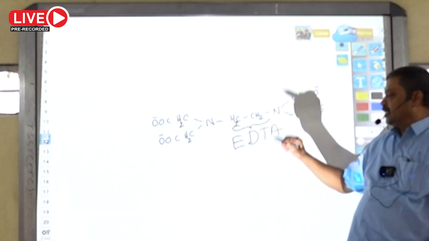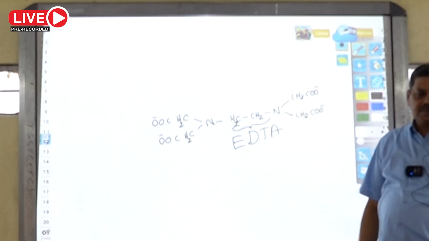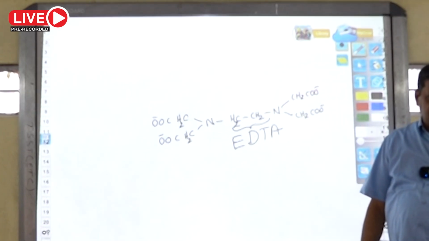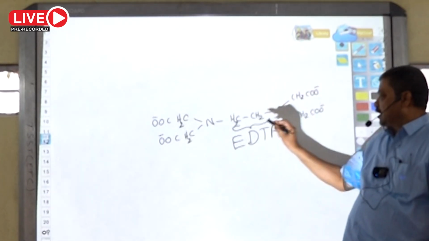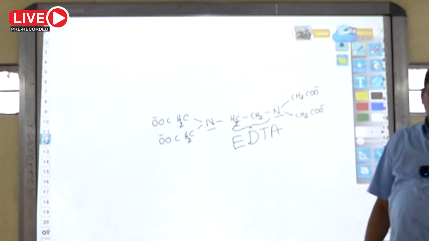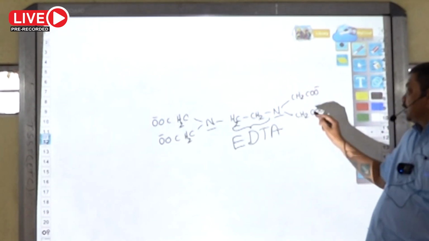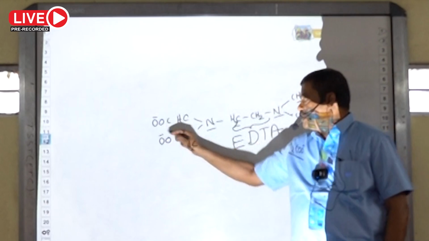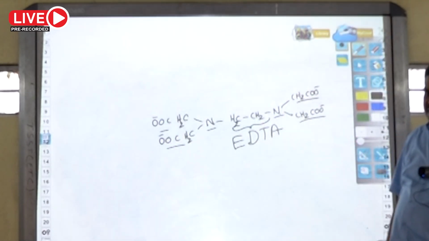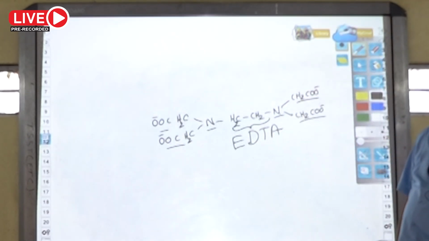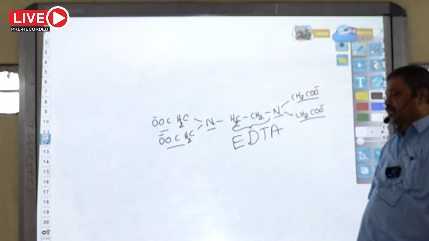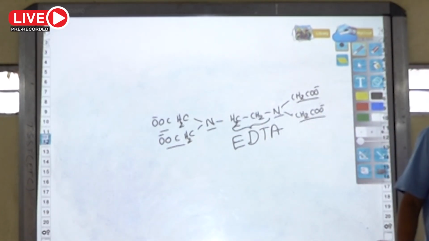This part is ethylene. Ethylene is CH2 double bond CH2. This is diamine, imino part. Tetraacetate, total 4 acetate ions. So EDTA is a very important complex used by the doctors to remove